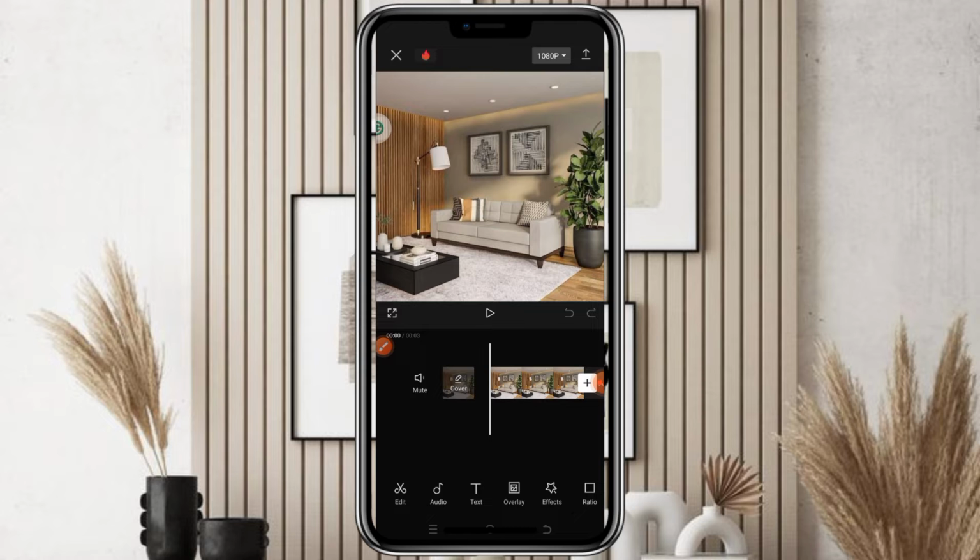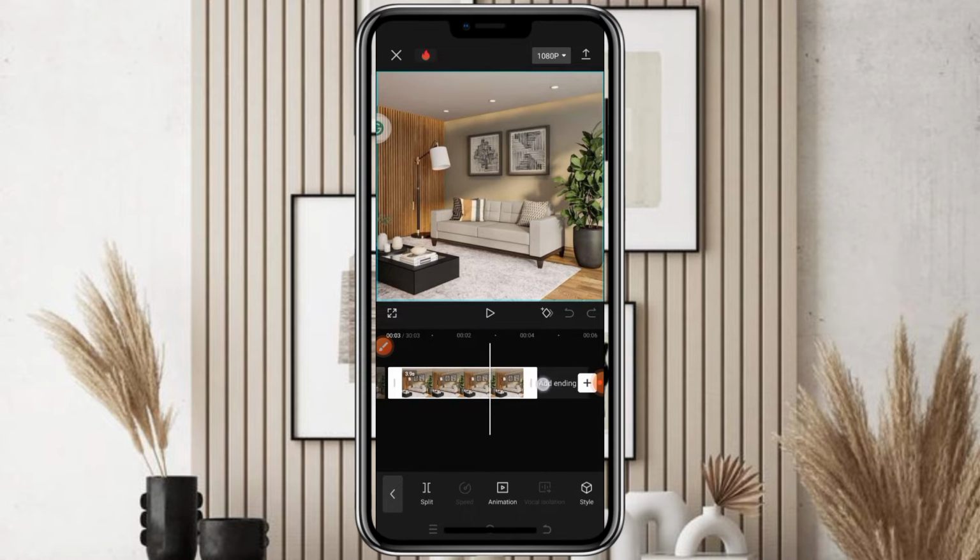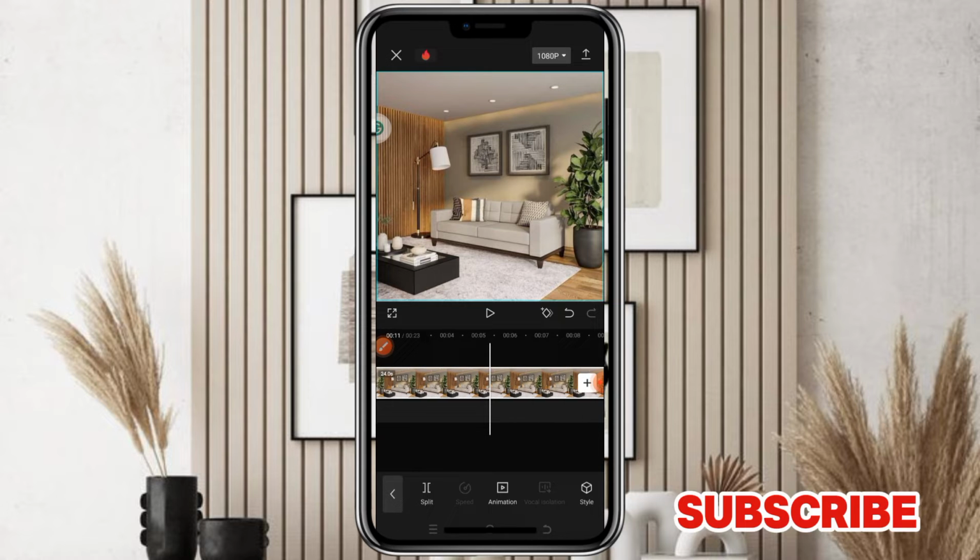You import the image. So when you import the image, you have to make it long, drag it to be long. So when you drag it to be long like this, so what you do next is